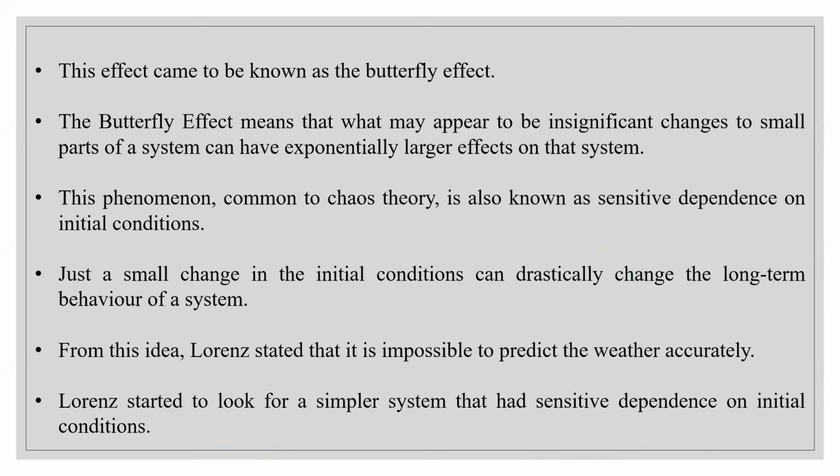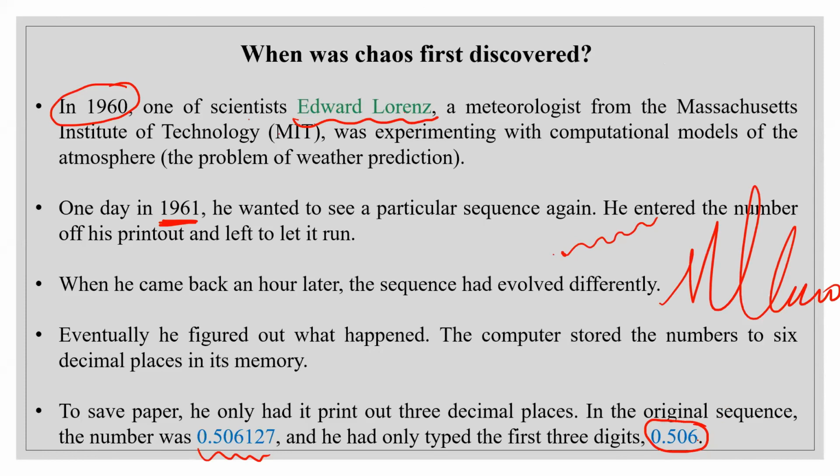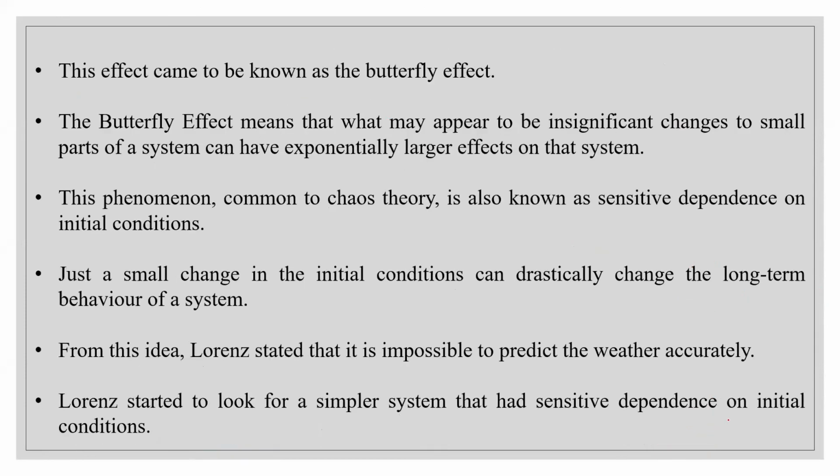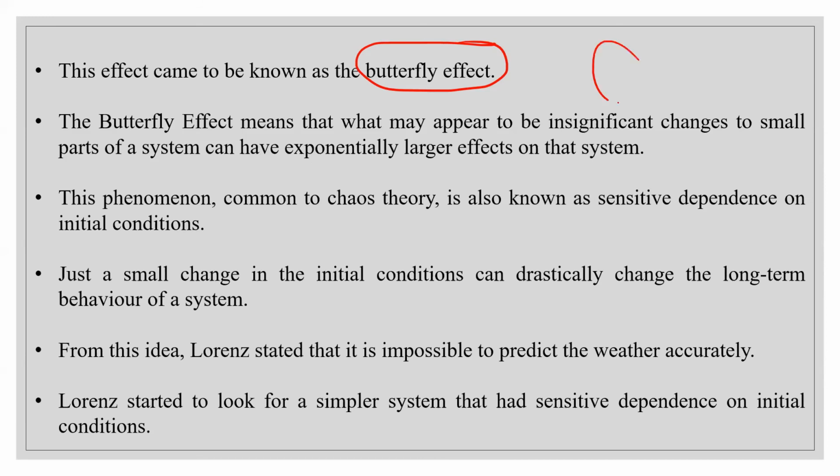So he then discovered that even if my system is deterministic, meaning if I give an input it will give the same output, it is not the case. Even a slight change in the initial condition, however small the change is, can give a very different, drastically different behavior. This was known as the butterfly effect. Why did he call it the butterfly effect? One reason is that his attractor looks like a butterfly. It is the Lorenz attractor.